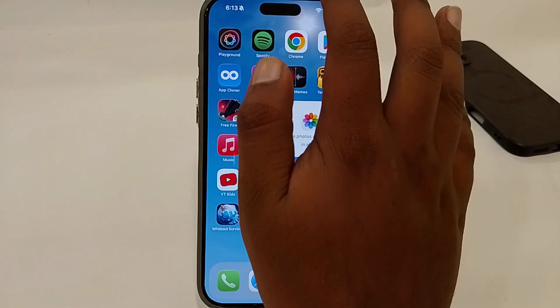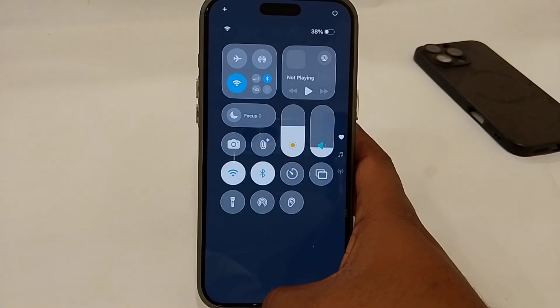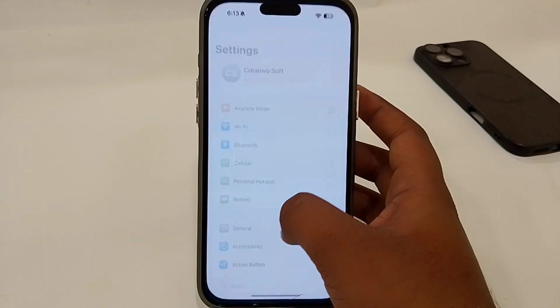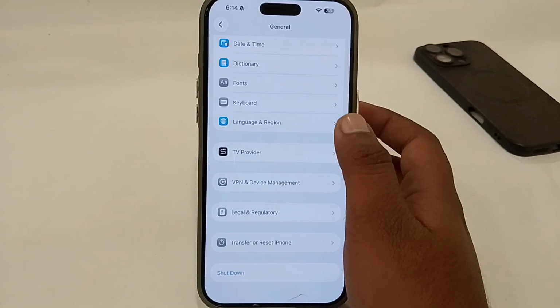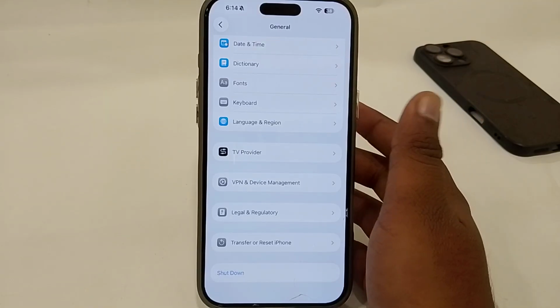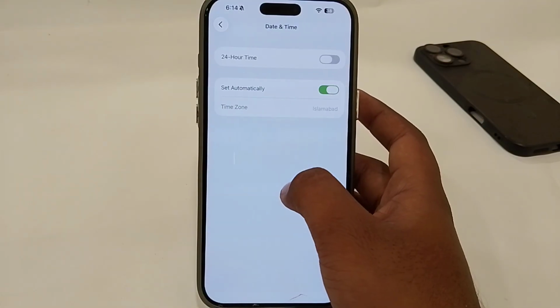Very first thing is that you have to check that you have a strongest and stable network connection. Go back from here, open your settings app. Then go for general and you have to make sure that you're not connected to any VPN. If you're connected, try to disconnect with that and then select the date and time option and you have to